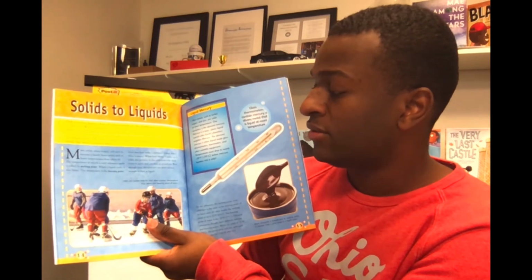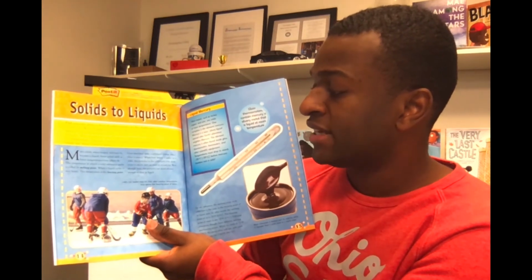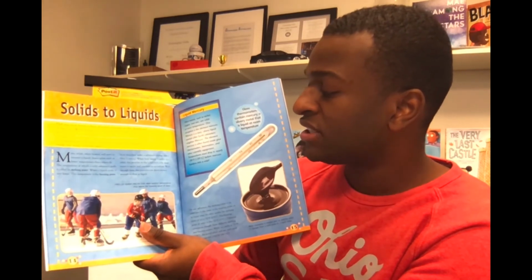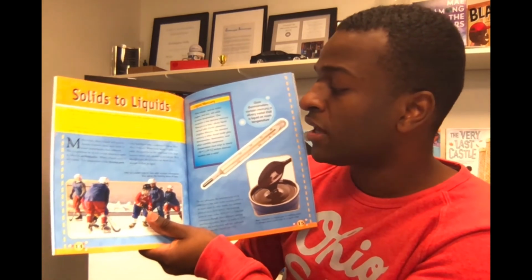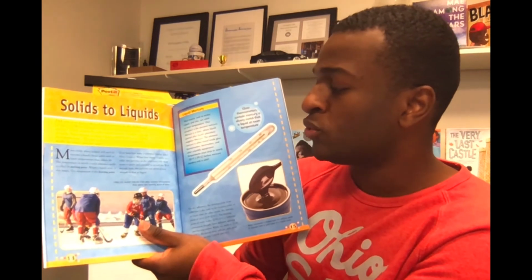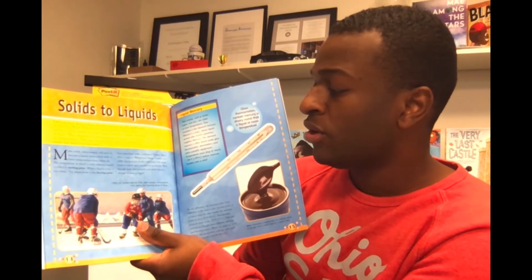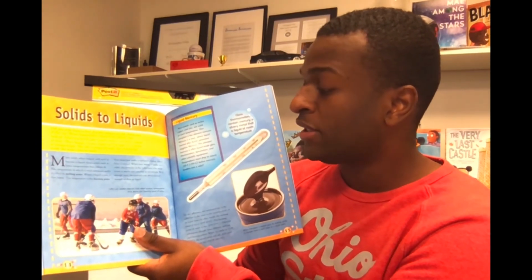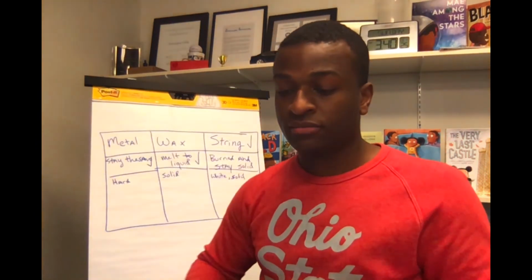How does the heat make a substance change states? Heat is energy. When heat energy is added to a solid, the particles of the solid have a bit more room to move, and they can start to spread out. With enough heat, their particles can move around enough to flow as liquid.